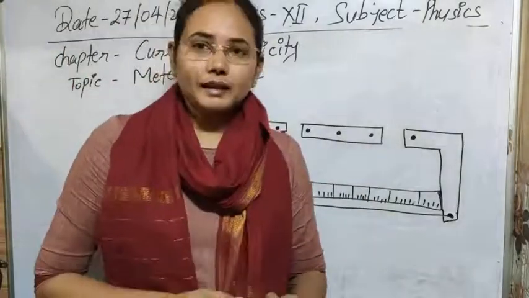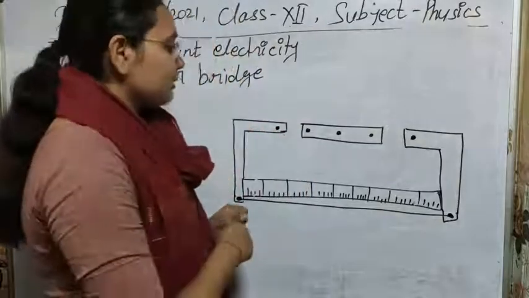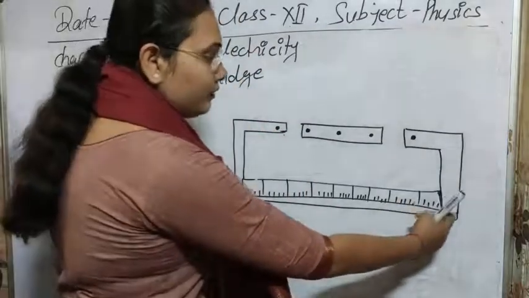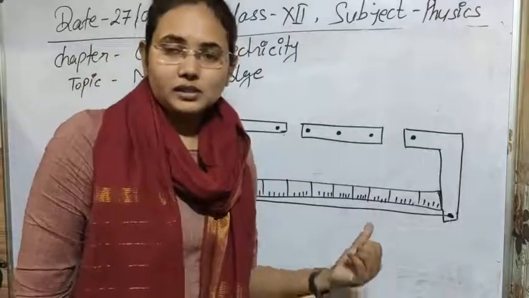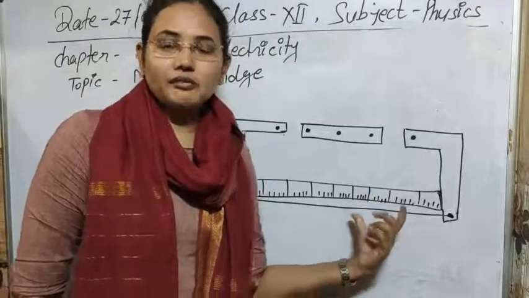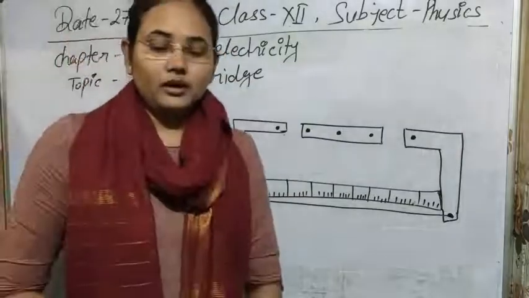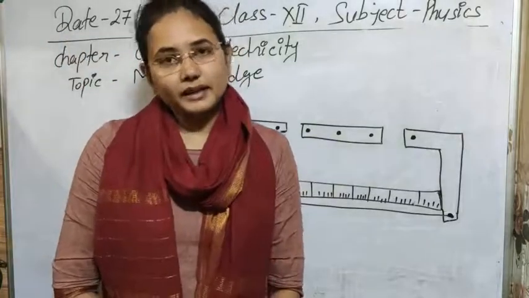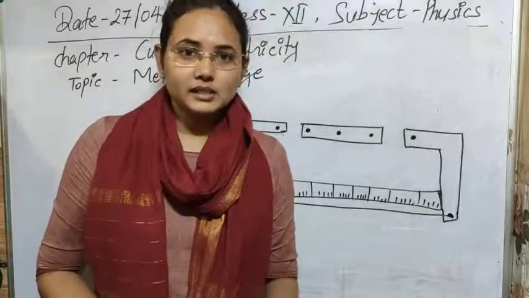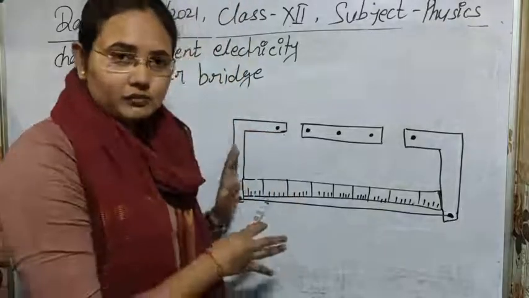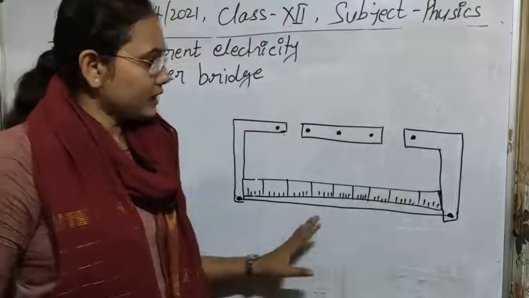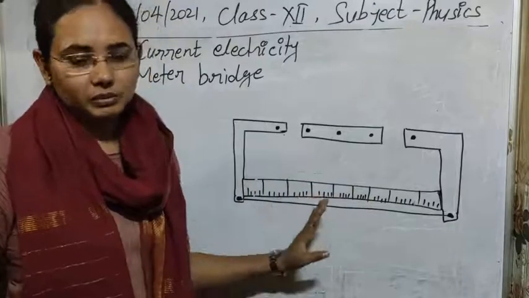So why is its name meter bridge? Its name is meter bridge because it has a 1 meter long wire on this. As we are using a wire of 1 meter length, that's why we call it meter bridge. Or the secondary name, slide bridge wire, later I will tell you why we are saying it. So I think that is first of all clear. And its construction, as you are seeing, this is the construction of the meter bridge here.